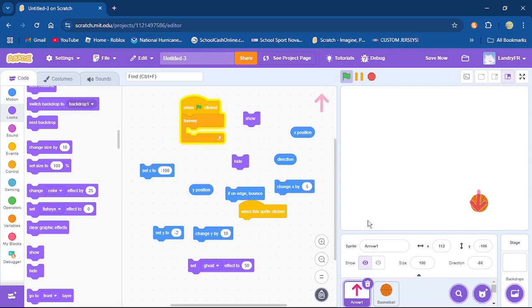That guy had an invisible line on his path that you could not see, and it was ghosted. So the graphic knew that the line was there because it was touching it, so it would just follow the path along, even though you couldn't see it. It was still there, and that's how he did it. He did it with the ghost effect. If it was hidden, it wouldn't actually be there. So therefore, the graphic wouldn't be able to touch it, and it would just go off the path.